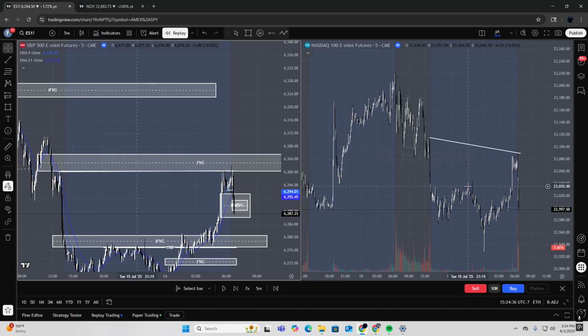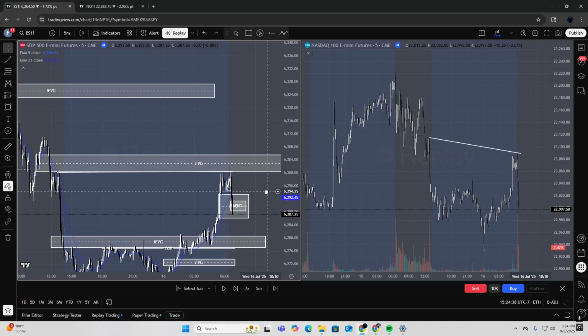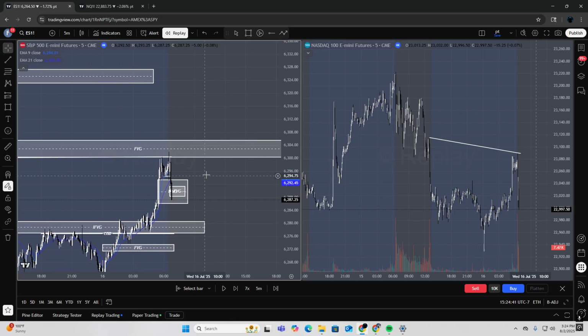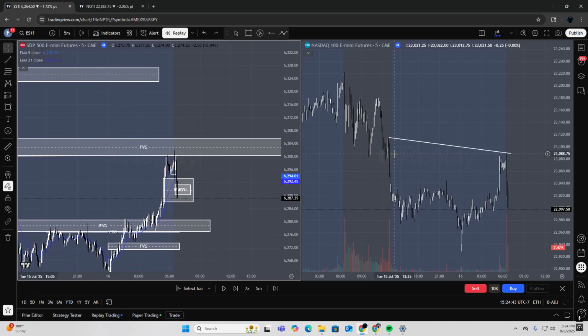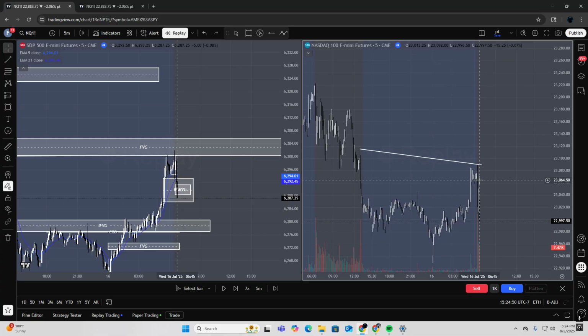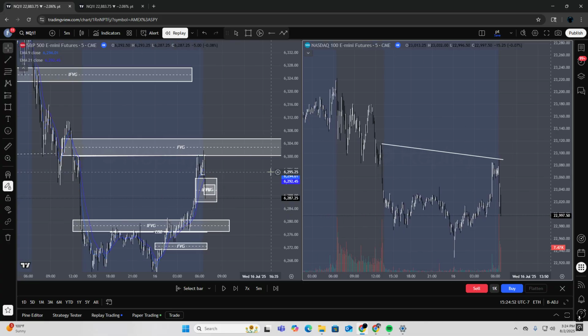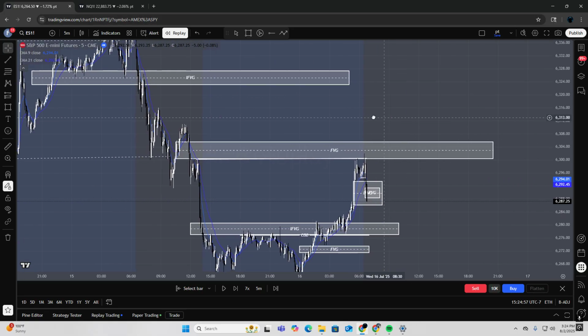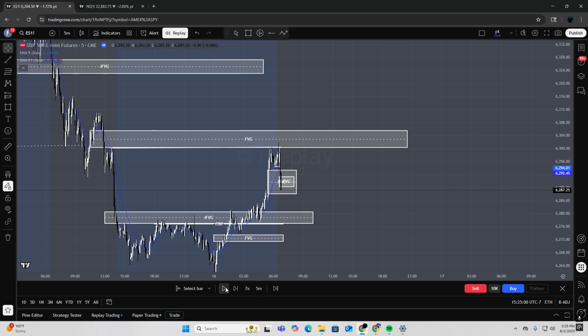In this example, we started seeing a sell off on both assets, obviously, but we saw that NQ wasn't able to reach higher. So we started seeing this sell off on NQ, where ES was going to follow through eventually. Let's go into just here, and from here we got the inverse of the fair value